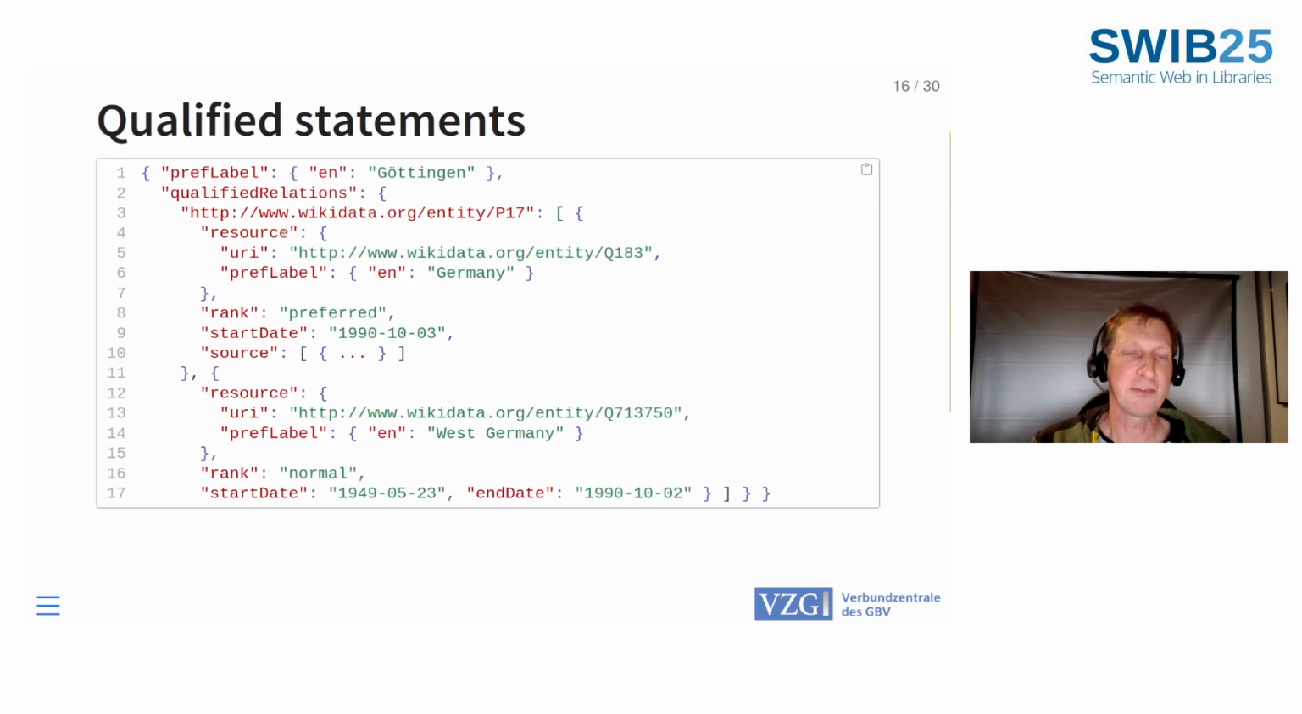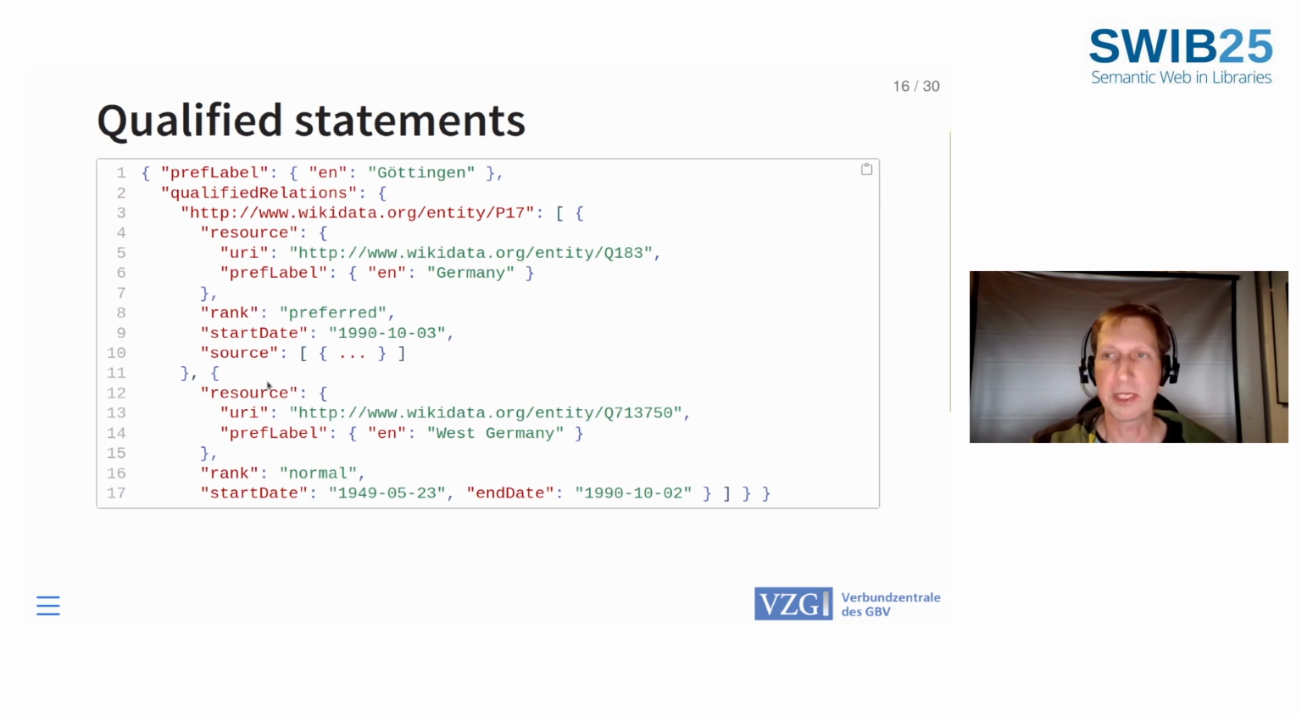So the value here, qualified relation, it's a resource. The resource can have URI and preferred label again. And these statements can be ranked, and there can be a start date and an end date and a reference. This reference here, the field name is source. So this covers an